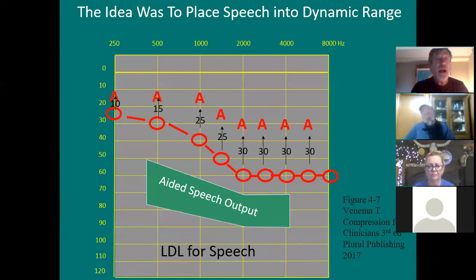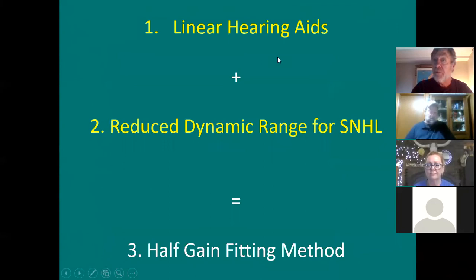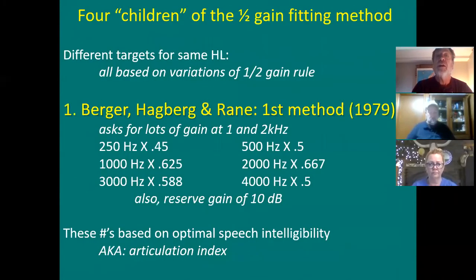And that's all because hearing aids were linear, and you have a reduced dynamic range. You add 1 and 2 together and you get 3. It gives you the reason for the half gain method. Now the half gain method gave birth to 4 kids. And the oldest name was Reuben, just teasing. The 4 children of the half gain method: Berger, Pogo, Libby, and